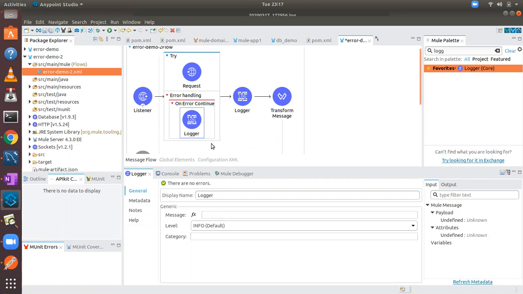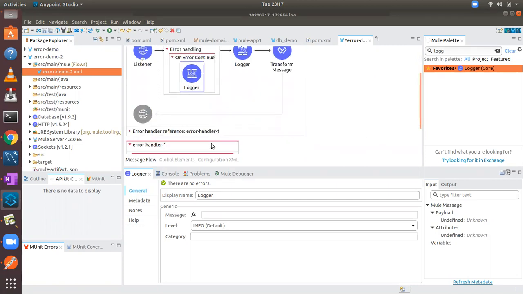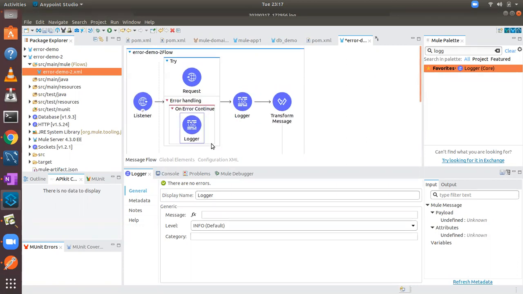Any questions so far, Rishikesh or Shashi? Yeah, so you can refer the error handling to the global error handling, no? Can I refer only one, or can you refer multiple global ones? You can refer only one error handler, Rishikesh.